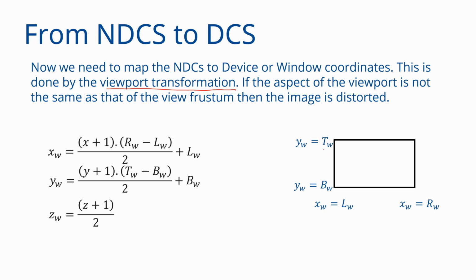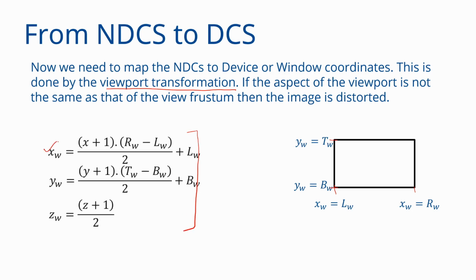Here you have given the top extent of the window and the bottom extent of the window. So this is the Y top and Y bottom, and you have given the left extent and the right extent of the window. Another way of doing this is by giving one of the corners and the width and the height. You can figure out the extents of the window from that as well. So if TW, BW, LW, and RW are the extents of the window, then the NDCS to DCS transform is supposed to do the following.